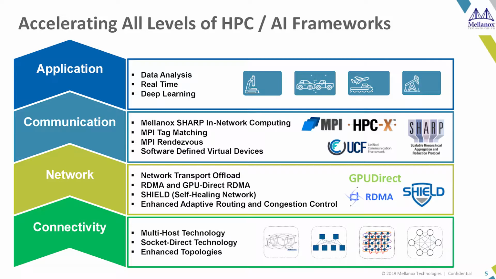At the communication level, I already indicated the fact that we do offload various elements of communication stacks. And the MPI is obviously the major target since it's the one used most. We have SHARP for accelerating collectives, and I'll talk about that. We have support for MPI tag matching, intended to provide asynchronous progress and computation overlap, and the ability to define virtual software